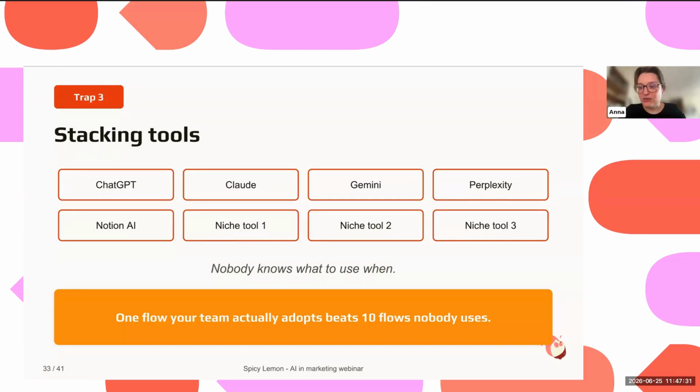Don't try to use every single tool existing on Earth. On my side, I'm doing a lot of things today only using Claude. I was using ChatGPT before, like lots of people, and then I moved pretty easily and quickly to Claude. I'm also using a lot of Lovable right now, and some tools like Seedance for very specific video generation. But don't try to be everywhere at once. It's better to have one tool that you can really prompt well rather than have all of them. It just won't bring you much additional value.